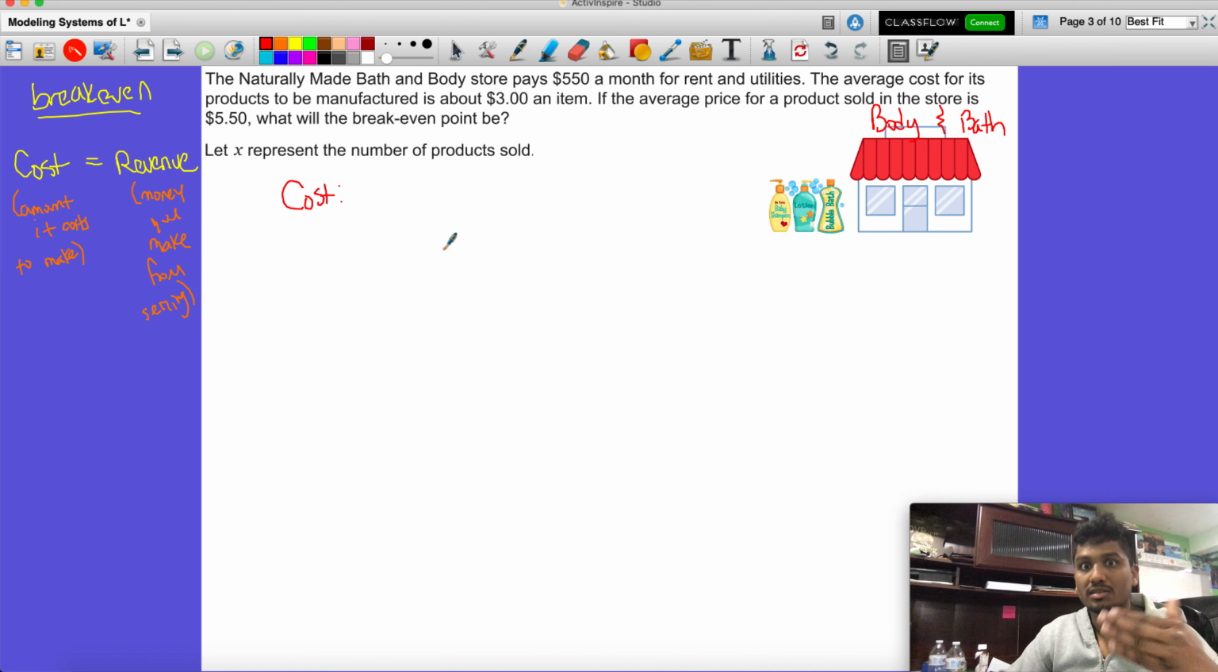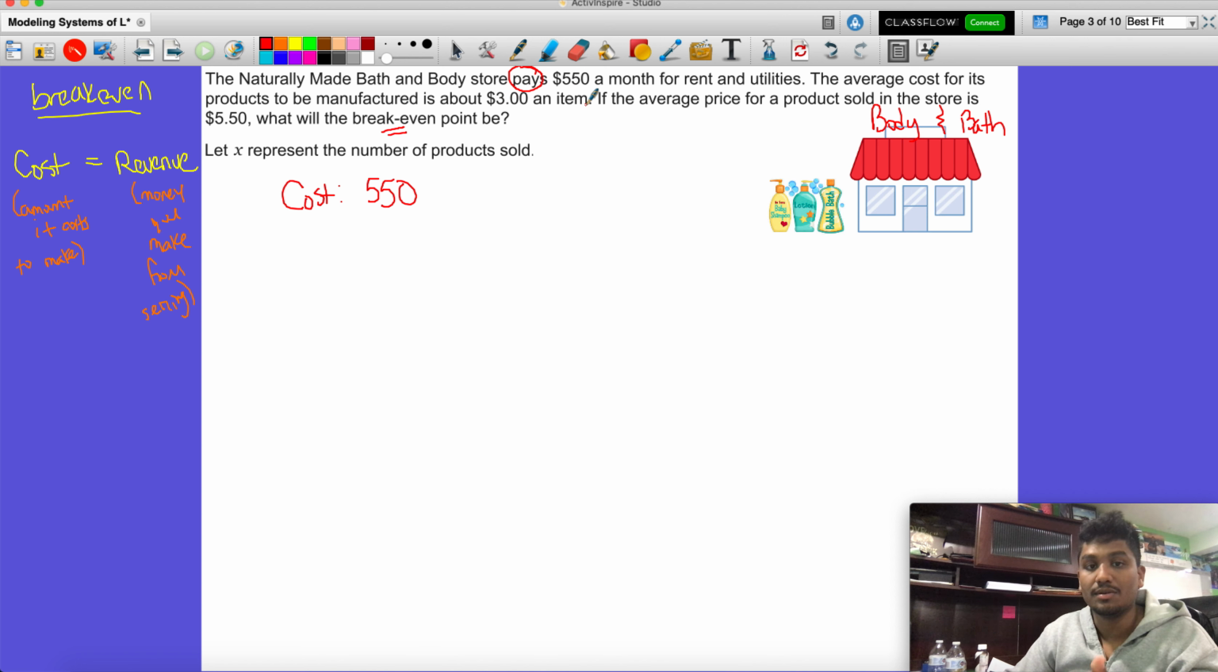The reason I'm writing cost and not other things is that the question is saying break even, and break even means when the cost equals the revenue. So the cost is $550 a month, that's what they're paying in rent and utilities. Utilities is like electricity, plumbing, water, all that stuff. And the average amount that it takes for it to be manufactured or made is $3